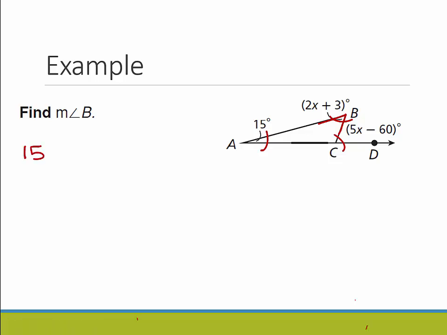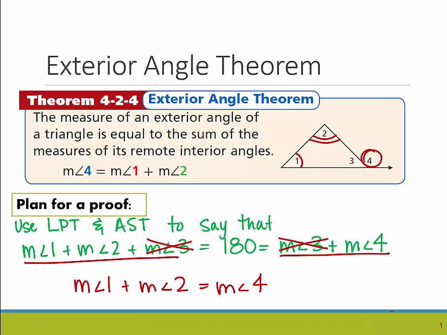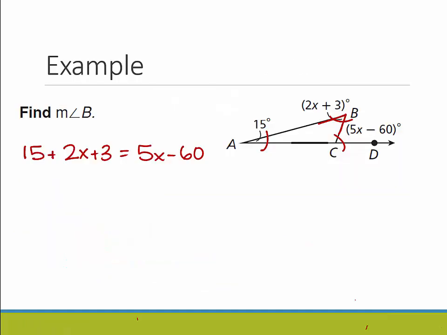So we know that 15 plus 2x plus 3 has to equal the outside angle, 5x minus 60. Because remember, the exterior angle theorem says that if you take your remote interior angles and add them up, they equal your outside angle. And then we just have to solve. So if I combine like terms here,